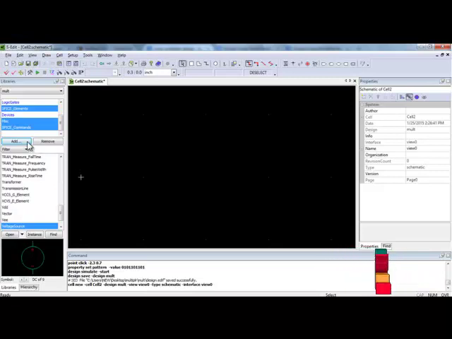When you press add, it will lead you to a window menu. There you can locate the library file where you have stored it, and from that location you can select all the components you need for your CMOS design. After designing this cell, you can save the design, and when you press run, it